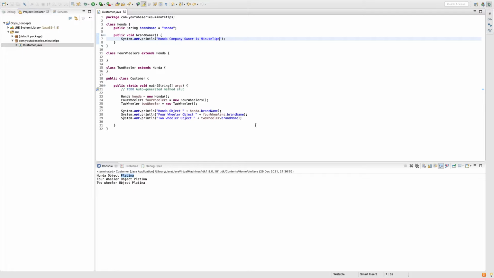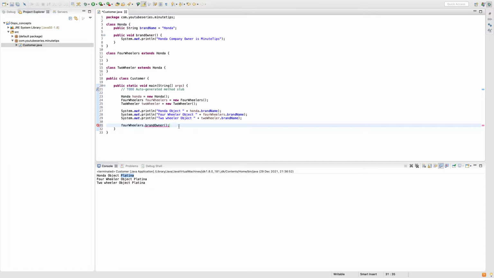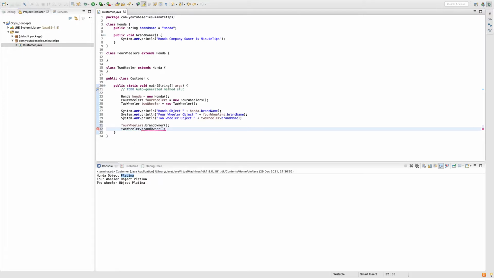Now as I already have the objects created for four-wheeler and two-wheeler, let's just reuse them. Let's use the four-wheeler object dot. As you can see, I can access brand name, and not just brand name, I can now access the brand owner method. Also from my two-wheeler class, I can access the same brand owner method.